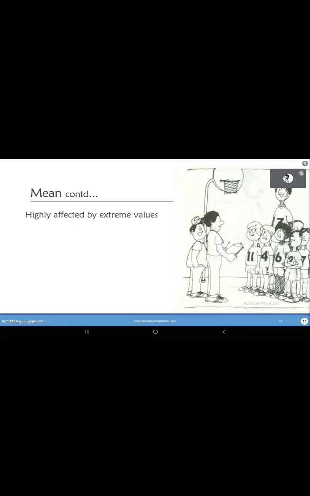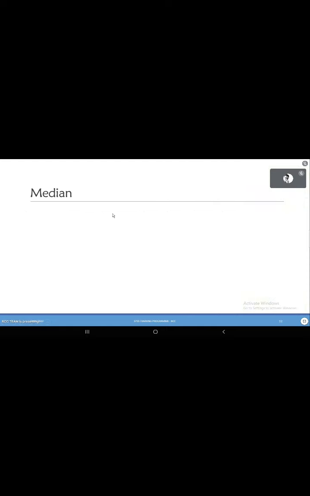So that's one of the issues with mean. It is highly affected by extreme values. Just because of one extreme value, the mean can be shifted completely to one side. So what I'm trying to emphasize is that mean cannot be used as a summary in every situation. In situations where you have extreme values, or in statistical terms, skewed data, whenever your data is skewed, that's when you report the summary measure median.